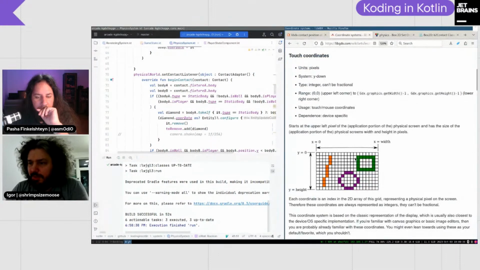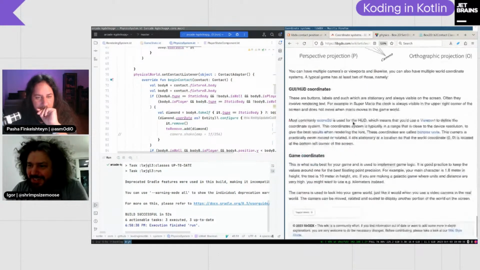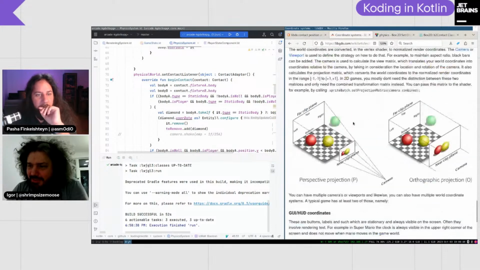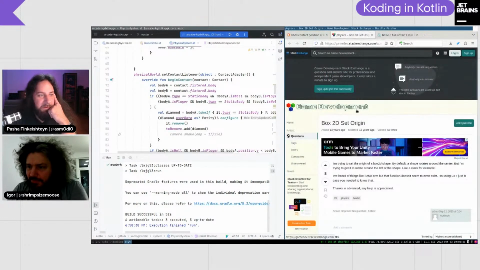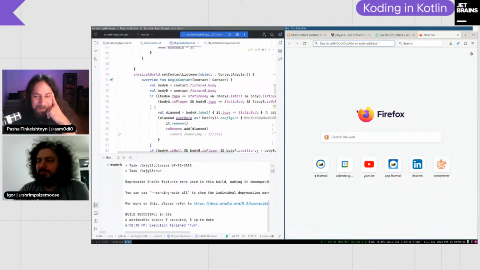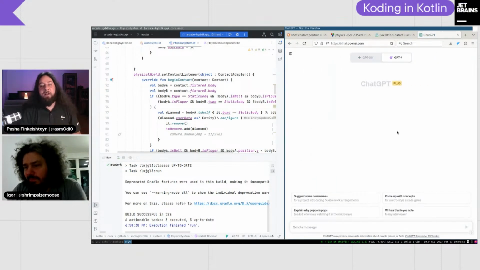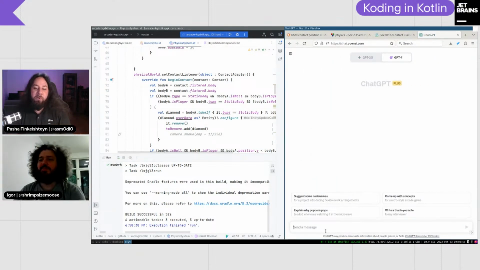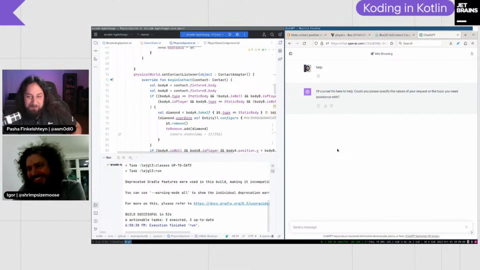Touch coordinates, it doesn't really matter. For us nothing else matters. Let's ask ChatGPT. At this point, I'm kind of ready. Oh, GPT-4, nice.